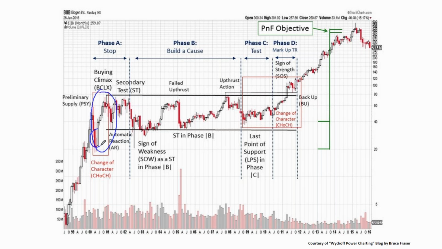So don't necessarily come in on the change of character reaction like that. And then the second place where you're going to have a lot of trading decisions is in the area of the change of character out of the trading range. So we want to be extremely active with our decision making in these two areas, and these two areas are